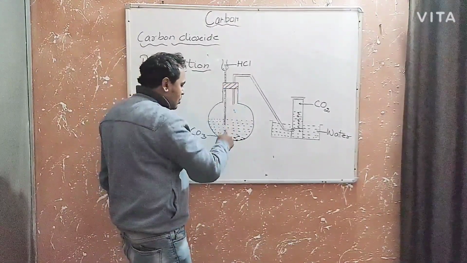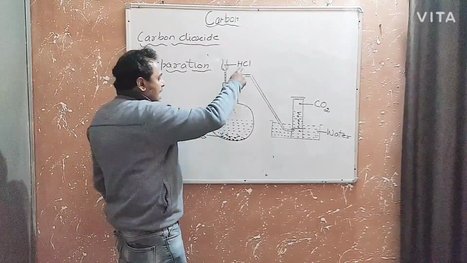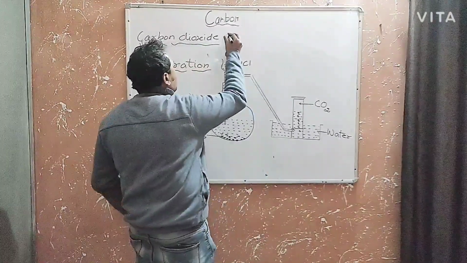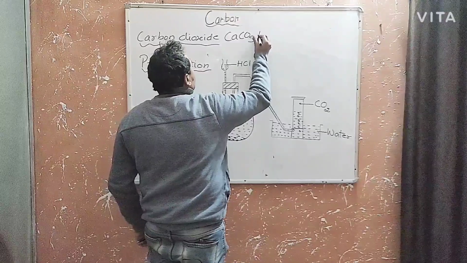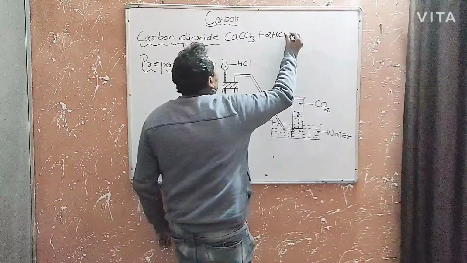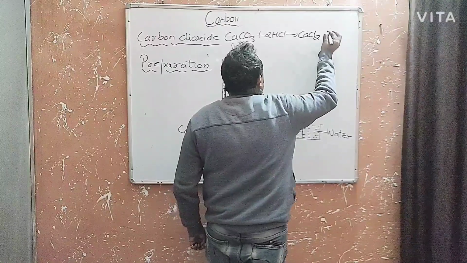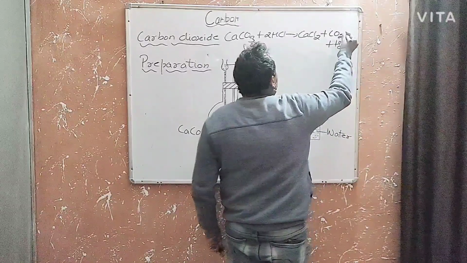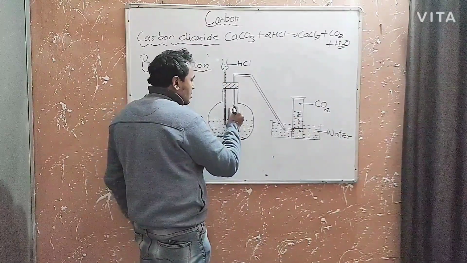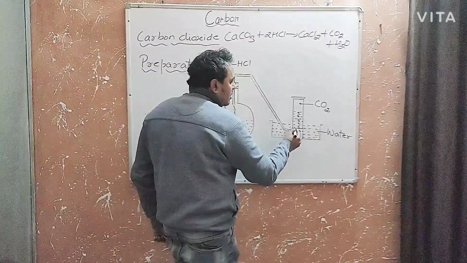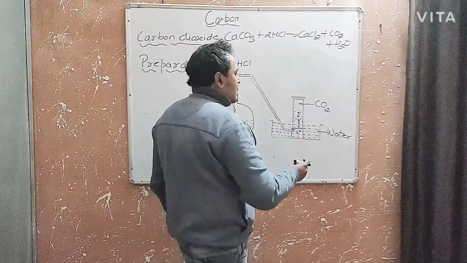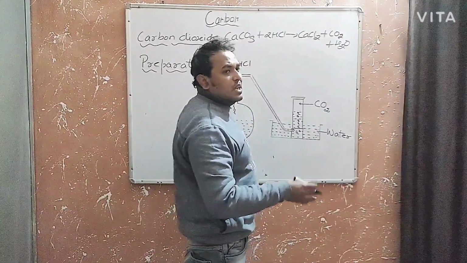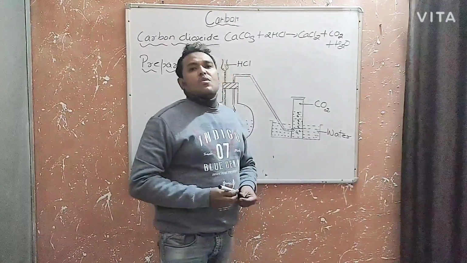When hydrochloric acid is poured drop by drop on calcium carbonate, the acid and carbonate react together and form carbon dioxide gas. See the equation: CaCO3 plus 2HCl gives CaCl2 plus CO2 plus H2O. This carbon dioxide gas then enters the delivery tube and then the trough. In the trough, it starts giving bubbles. Then these bubbles enter the gas jar, and the carbon dioxide gas is collected in the gas jar by the downward displacement of water.